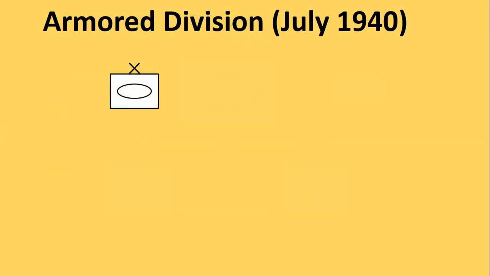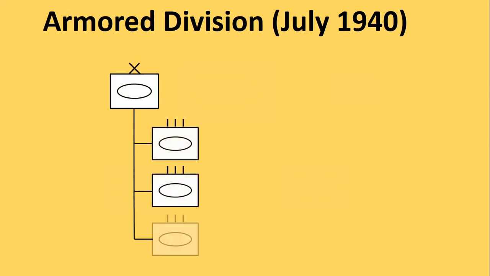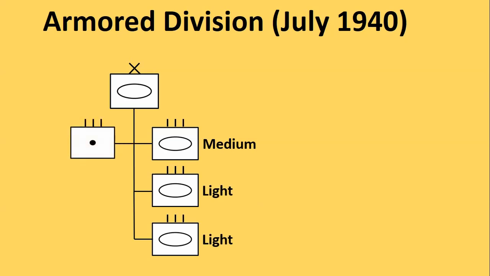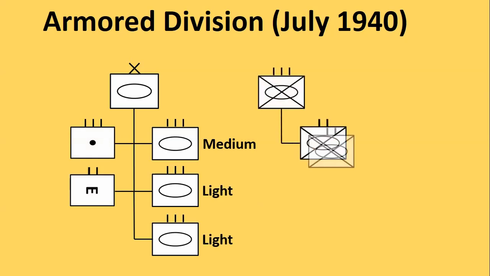In the first table of organization, the armored division was built around the armored brigade, consisting of 3 battalions of tanks, 1 medium tank battalion and 2 light tank battalions. The brigade also harbored an artillery regiment and an engineer battalion. Next to the armored brigade was a mechanized infantry regiment with 3 battalions, and there was a separate armored car